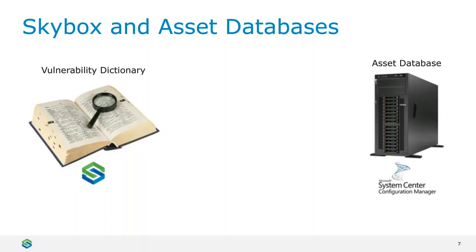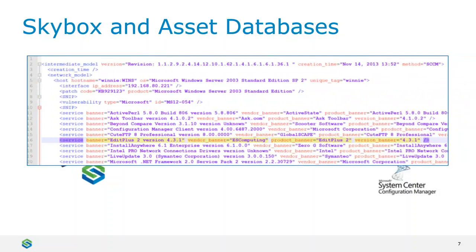So here you can see this is a machine called Winnie, is its unique tag, Winnie. It's a Microsoft Windows Server 2003 machine. You can see its IP address, 192.168.82.21. But the important stuff is in the middle, in the bottom in the middle, where you've got Edit Plus version 2. We understand the actual version of software that's running on there, and we've got the same for all